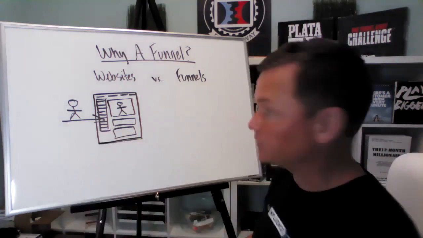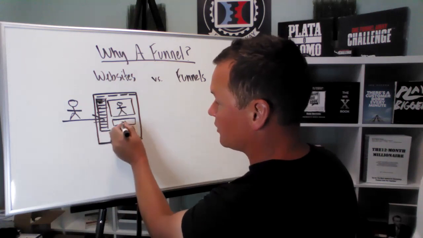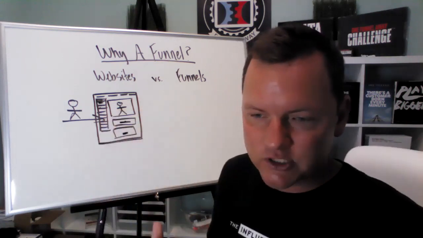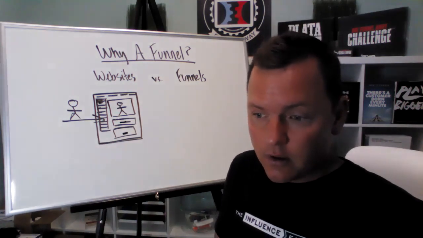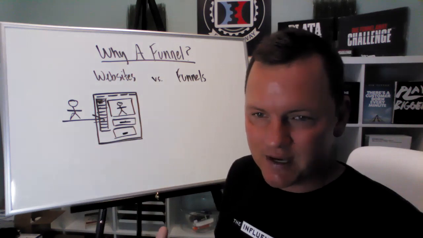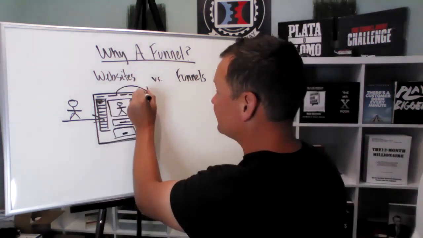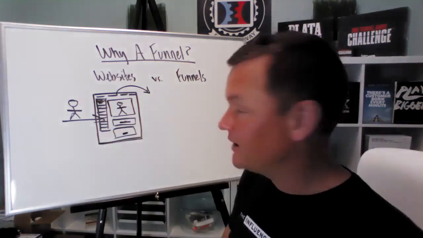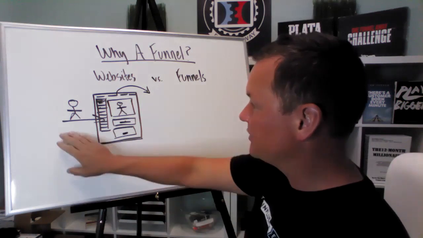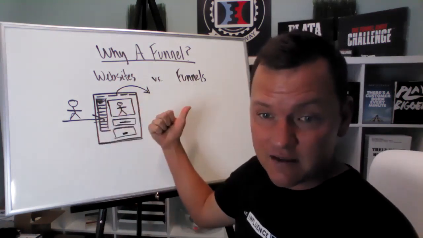There's a whole bunch of variables, right? They got drop-down menus. They could come here or here or here. They could come over here. They could come here. They could maybe watch the video. And when you give a whole bunch of options to people, what happens? Squirrel syndrome, so to speak, can set in, right? And so they leave or bounce. And there's actually a measurement for that called the bounce rate. But they come to your website, maybe they check some things out, maybe they get bored, and then they leave.